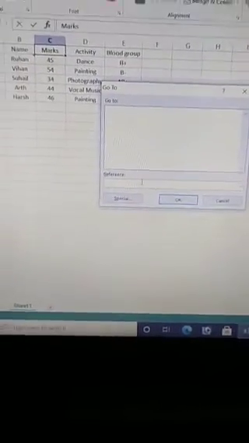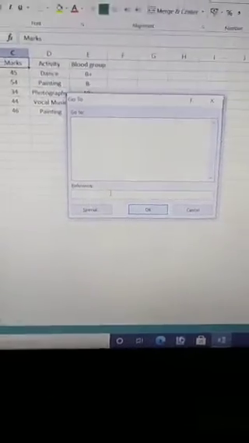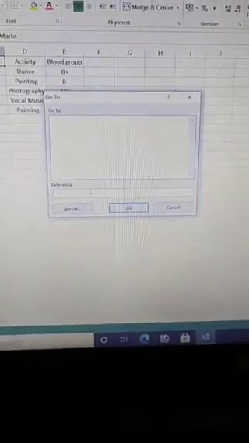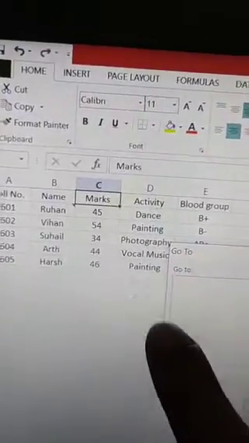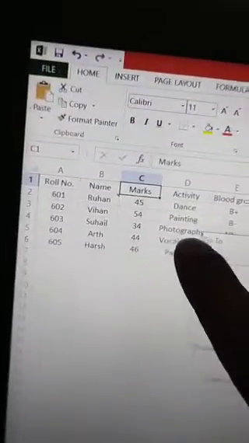Now when the Go To dialog box appears, we have to write in the Reference option the range of cells I want to select. That range of cells must be C1 to D6.